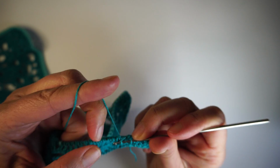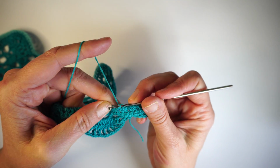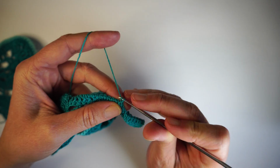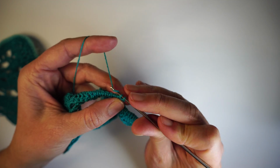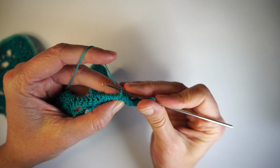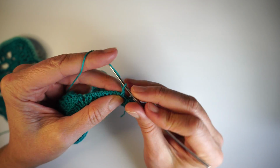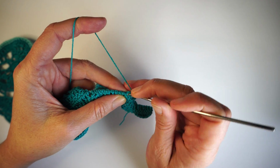One, I'm making it on top of this tail, so I don't have to finish it off later. So 3, and then we're gonna make a picot, which is 2 chains and a single crochet in that first chain, and then another single crochet in the next stitch. So 1, 2, 3 in between, 1, 2 chains and a single crochet here, and you put the hook through this first chain here